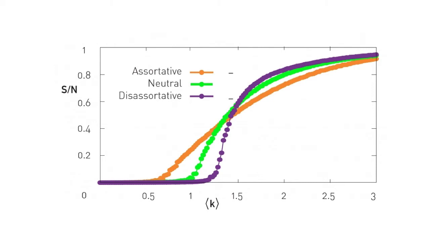A little bit before average K of 1.5, all three of these networks really slow their rate of growth, especially the neutral and the disassortative networks. But when we think about the rate of growth of the S to N ratio, especially for the disassortative network, this should make sense. In disassortative networks, remember there's a preference for nodes to connect to nodes that have degree values unlike their own. So initially, if you're growing a network from scratch,